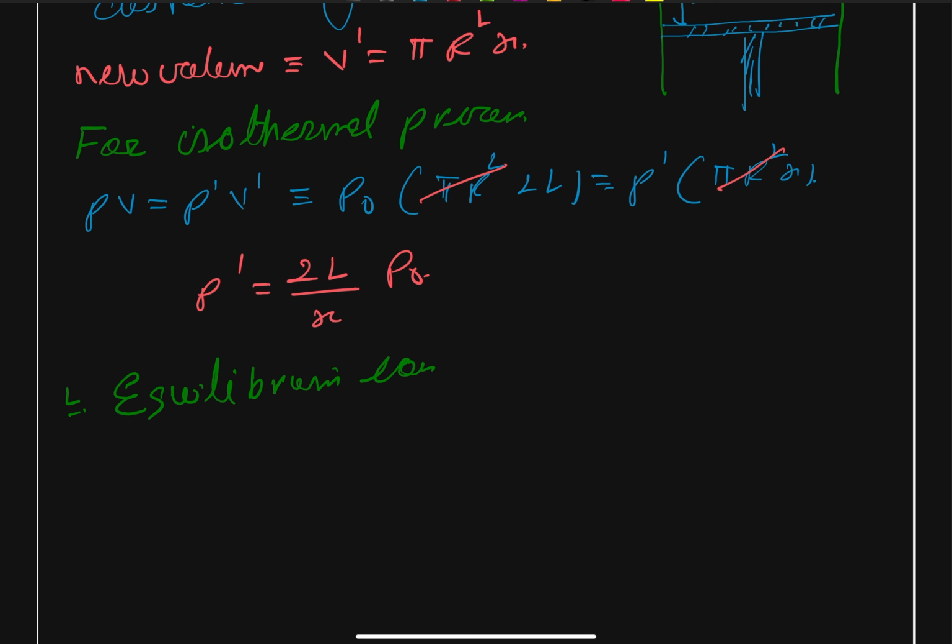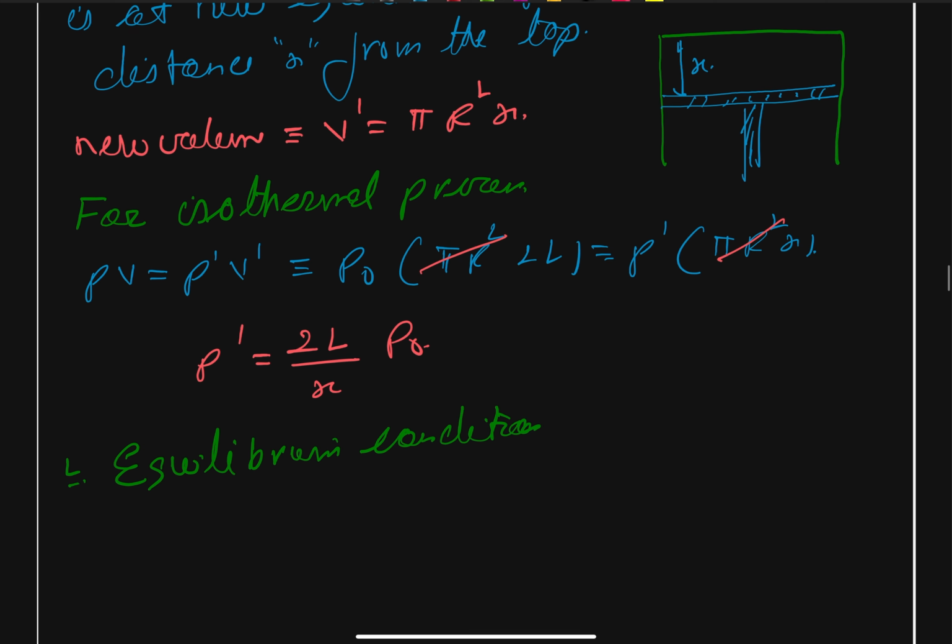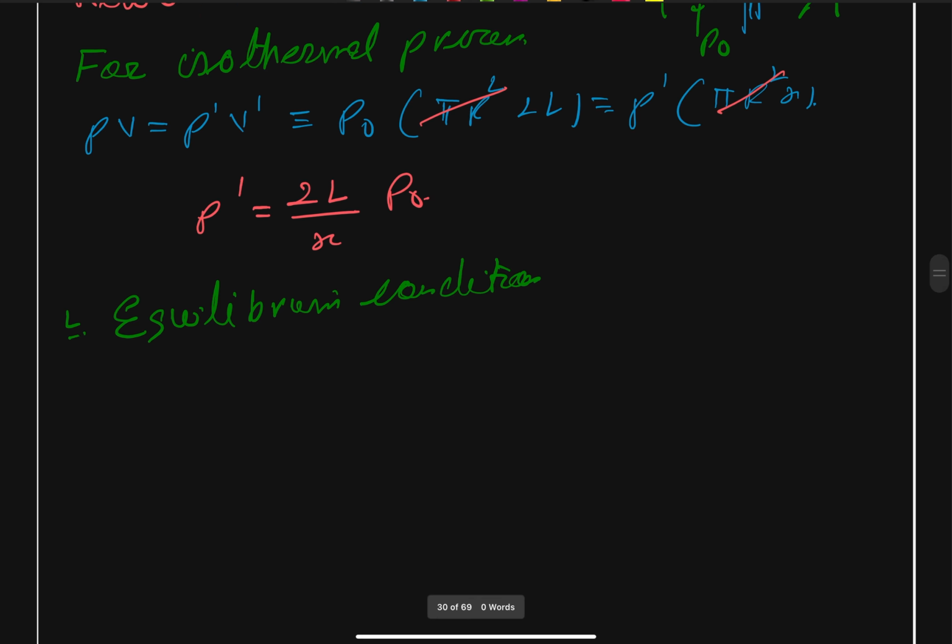Equilibrium condition. Upward forces will be equal to downward forces. So from the downward we are still having our atmospheric pressure, that is our P naught, and in the downward we are going to have our mg, and the force due to pressure which is inside the chamber. Okay. Therefore we can say that our